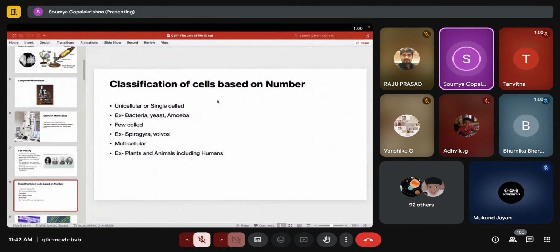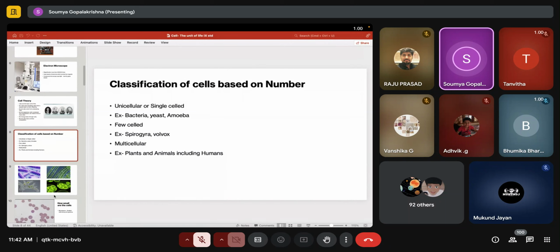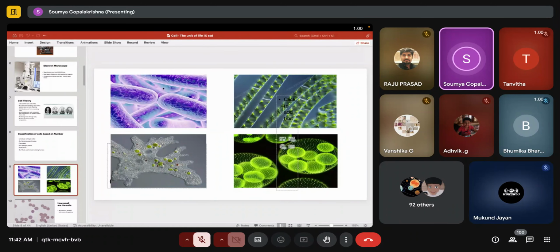Now let me show you the classification of unicellular organisms. Let me show you the images over here. This is bacteria. Each one is a single cell. This is amoeba, and amoeba doesn't have a definite shape, right? When it needs to catch its prey, its membrane forms finger-like projections, which we call pseudopodia. Basically, it extends the pseudopodia to catch its prey for nutrition, right? So this is amoeba.